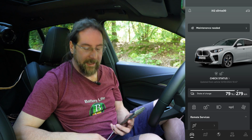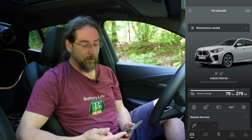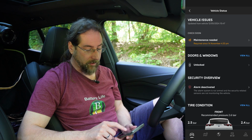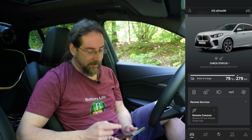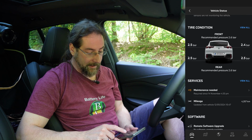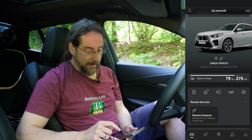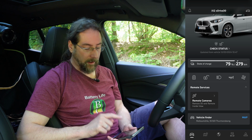It has some real nice features that I love. First of all, you get maintenance needed, which is amazing. So if there's something wrong with the car, for me it is the washer fluid since November. And then you have your status, of course. Is it locked? Are the windows closed? You can see your tire pressure. Awesome. Your mileage, software upgrades if you need it, alarm deactivated. I did that. Your range, your state of charge, of course, your battery. You can get into your charging plan. We do that in a second. You can lock, unlock,